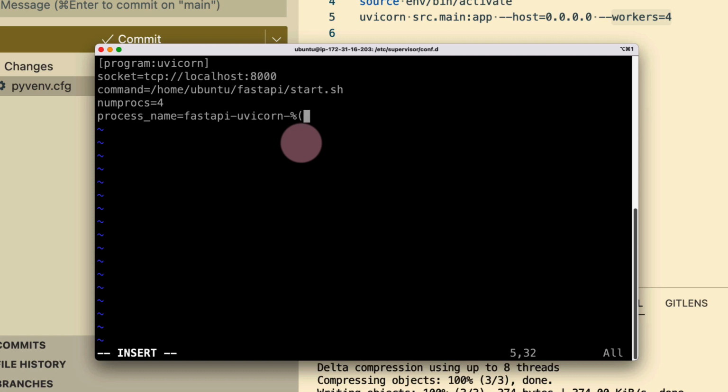And then you can see process num. So this is a parameter, so that you will see first API Uvicorn process 1, process 2. So it's like just a number with a D. Okay, process name, and then stdout